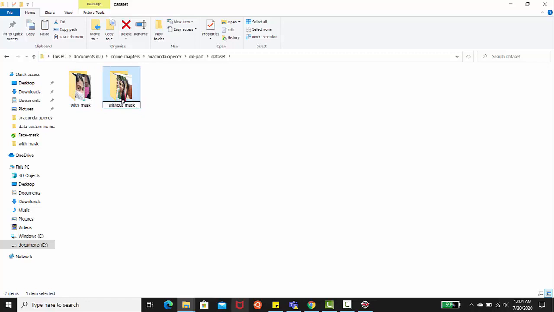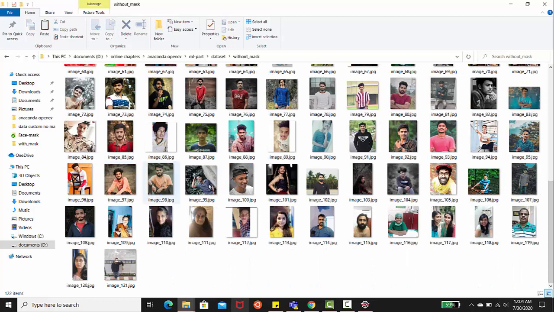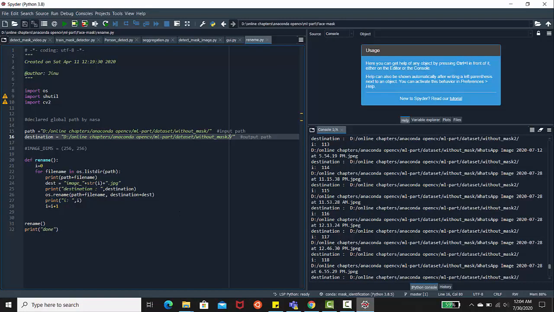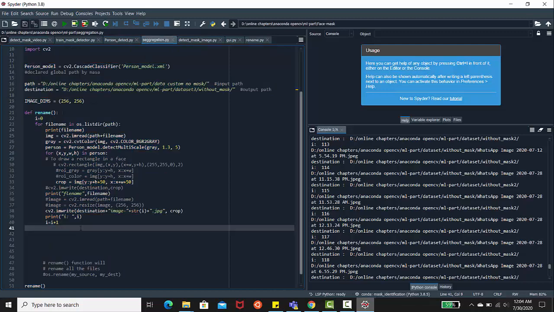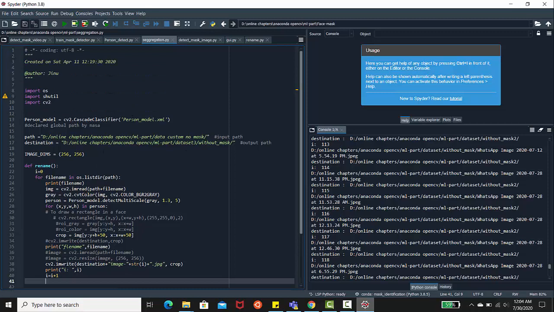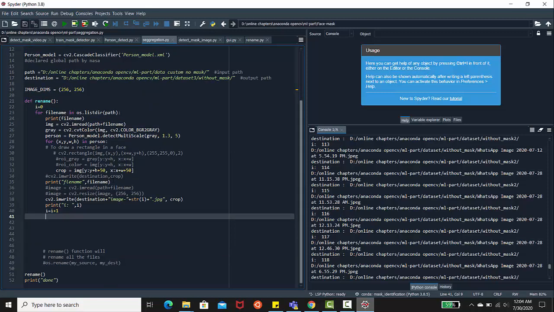In that without mask, there is a problem that not only faces, a lot of backgrounds are there. So we need to crop every face. For that also I have created a small script which will help you crop the face only. It's also available in my GitHub. You can just give the path of the images with the faces and another folder to store them.